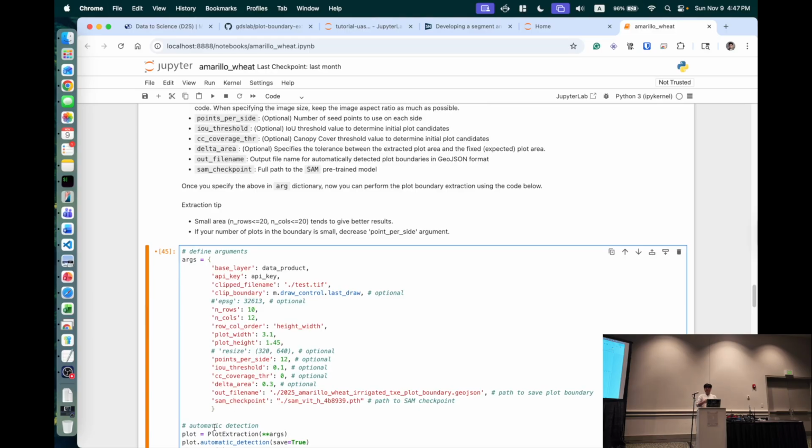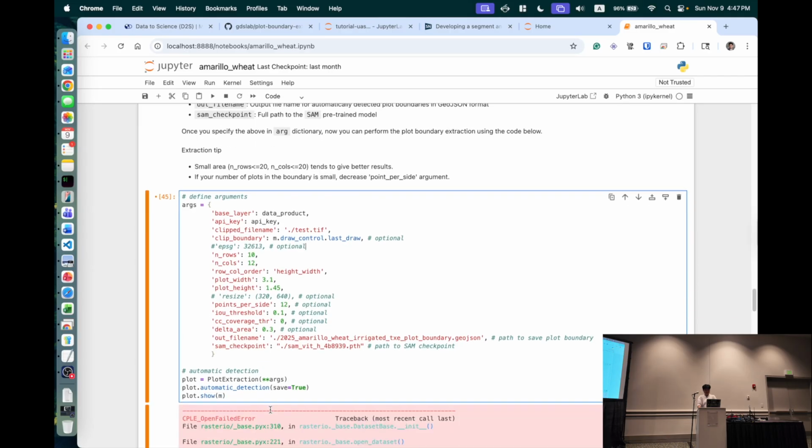In the segmentation algorithm, they need to place the seed points. So how many points do you want to start using as seed points? Remember, we have a 10 by 12. So I'm going to just choose whichever is the bigger number. We just have to make sure that we have enough seed points distributed throughout the field. So I'm going to set this to 12. And the RU threshold value, I'm going to leave as some default value. These are some of the parameters to avoid any double counting and any noise being included, etc. I'm going to leave everything as default.